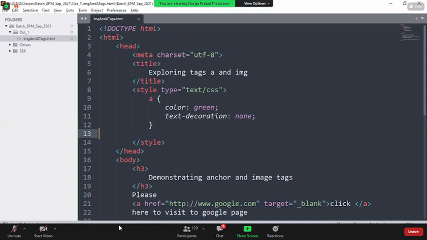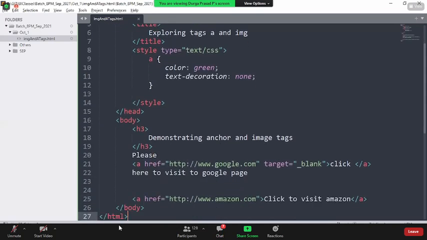So in a separate class, maybe tomorrow's class, I'll be going into what we mean by pseudo class, what the pseudo elements are. Those all things we'll be discussing separately. But for now, this is what an anchor tag is, used to create an external link to a web page, so that from your current web page you can create a link to any external web page.